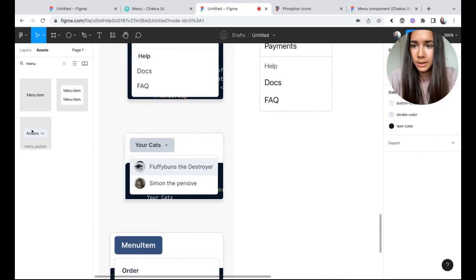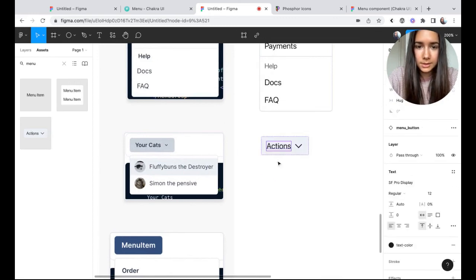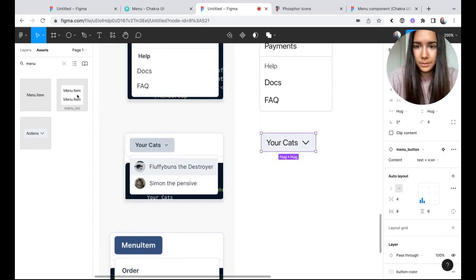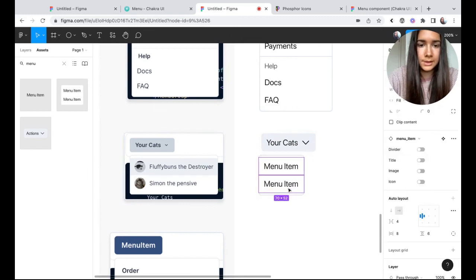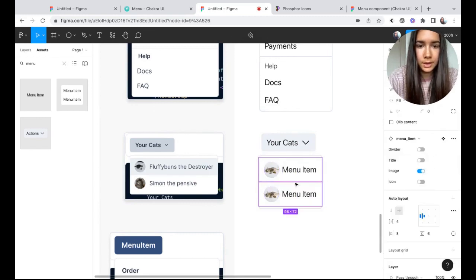Oh, that's a cute one. Your cats. So for this too, we're going to have image.